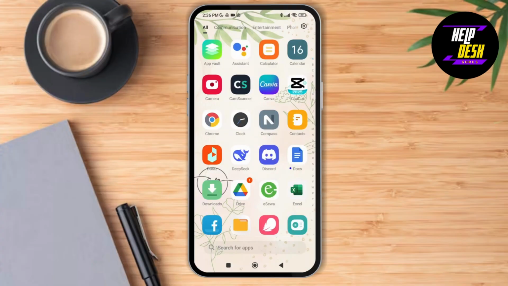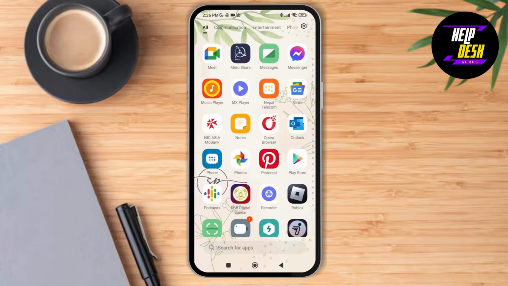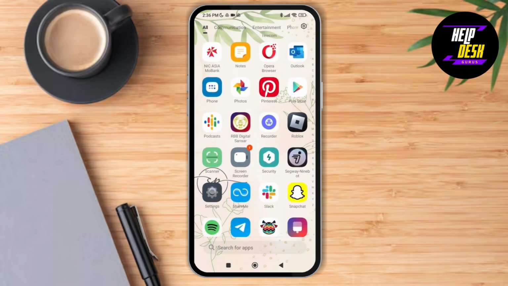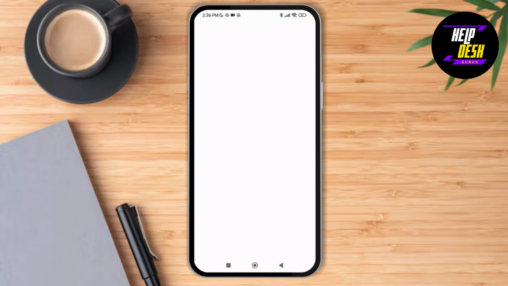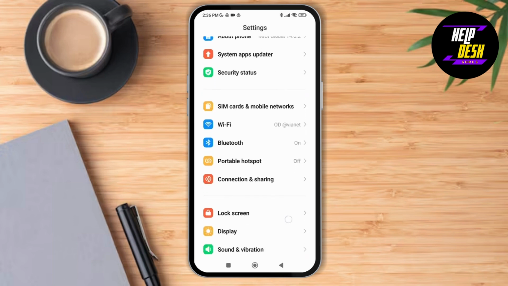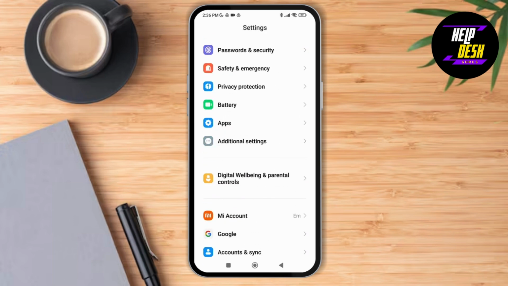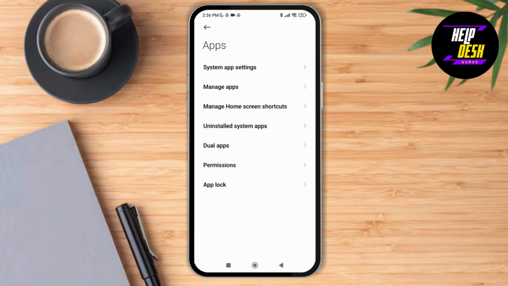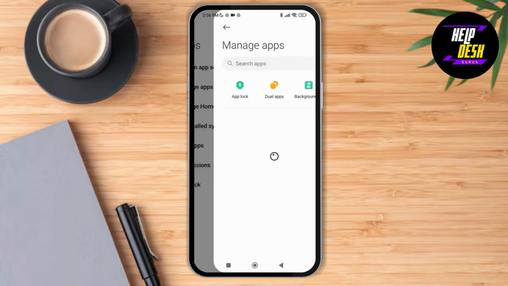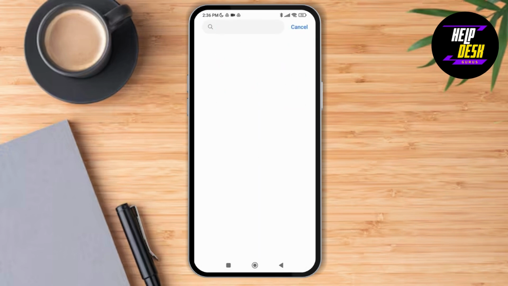Now in order to delete all Facebook Messenger conversations, simply first of all launch the settings application on your device. As you launch the settings application, simply scroll down to apps over here. As you tap on apps, tap on manage apps, and over here tap on the search bar and search for